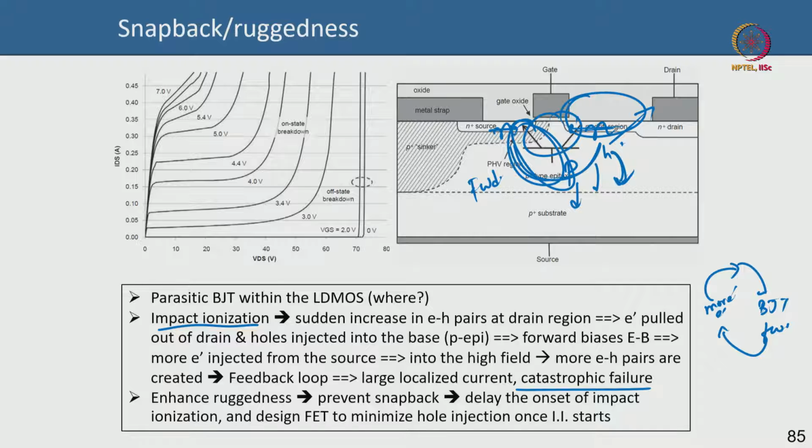Okay. To get better ruggedness, to get better device performance, you of course need to prevent snapback. So you need to ensure that your avalanche multiplication or impact ionization process starts delayed. Okay, and for that delay to happen, you can introduce some design approaches where the whole injection into the base is minimized or prevented, or the high field region you try to move away from the parasitic BJT location with some device design, so that you delay the onset of this avalanche multiplication, and hence you delay the onset of this parasitic BJT, the positive feedback that you have, okay, that you try to delay. Otherwise it will lead to